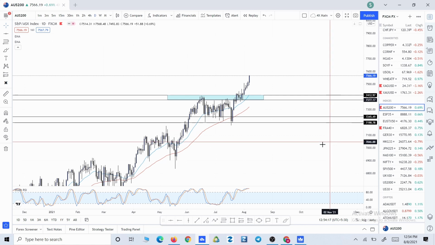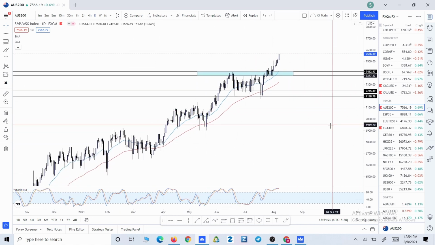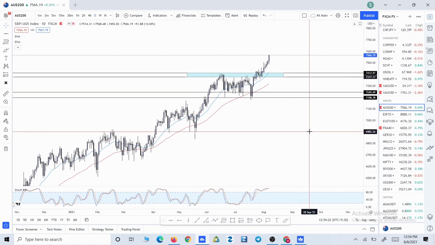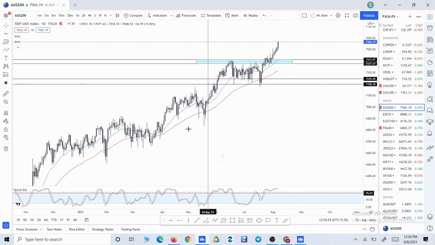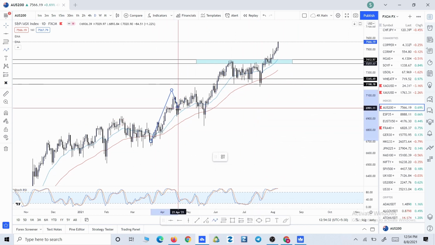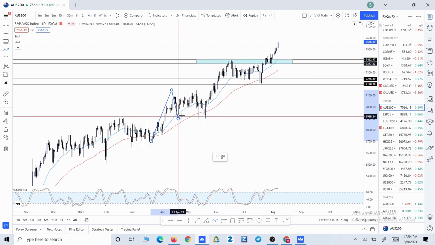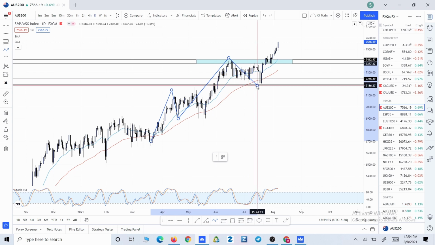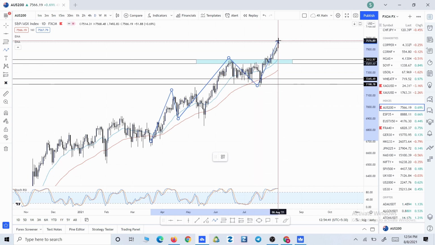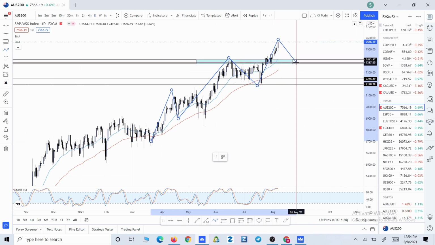First of all, we are going to start with the AUS 200. Now, as we can see, AUS 200, the price is consistently making higher highs and higher lows. So starting from here, we have the high, higher low, and this low is the same as the previous one. So higher high, higher low, and now the price broke and closed above the previous high. So we are waiting for the price to retrace back lower into this zone and give us some kind of